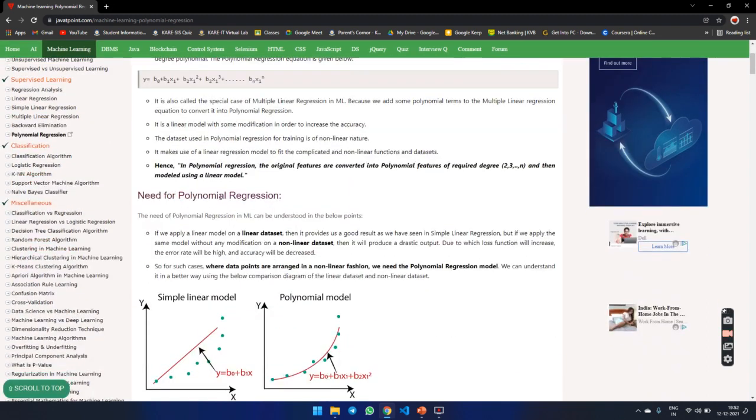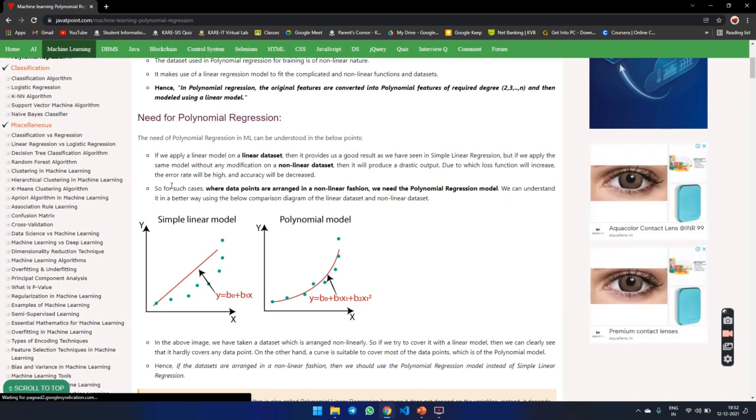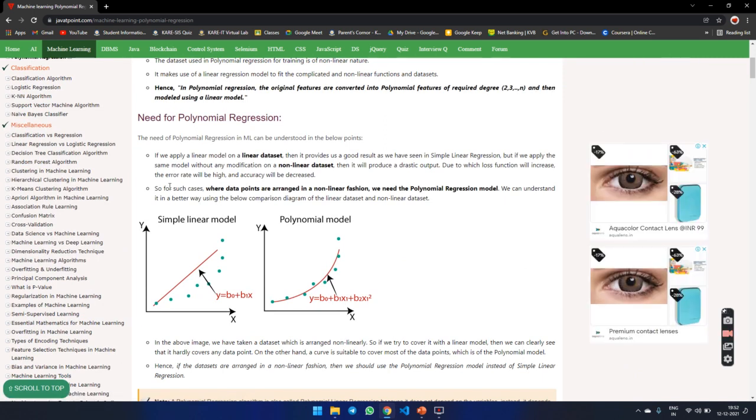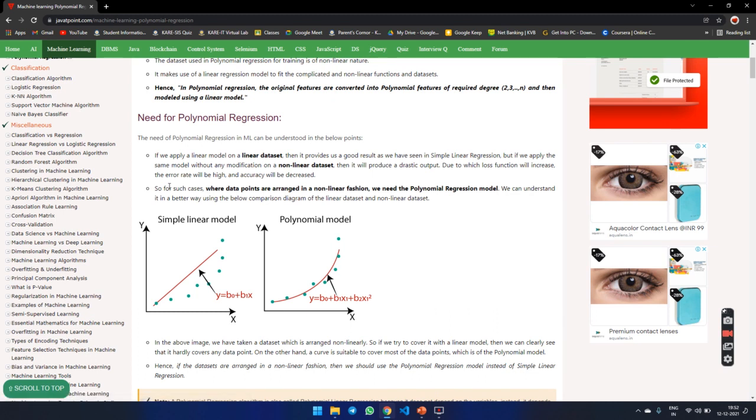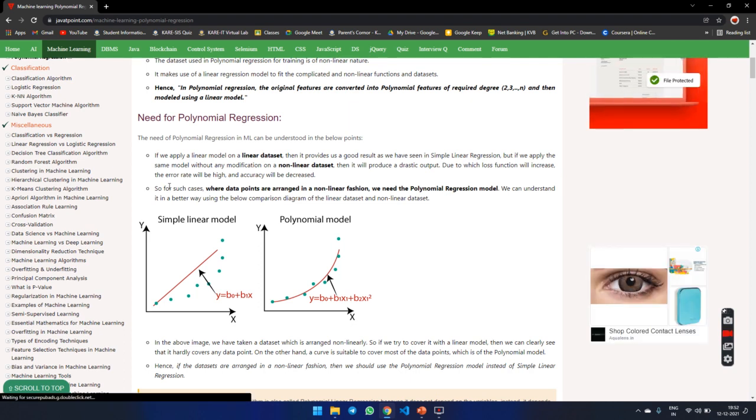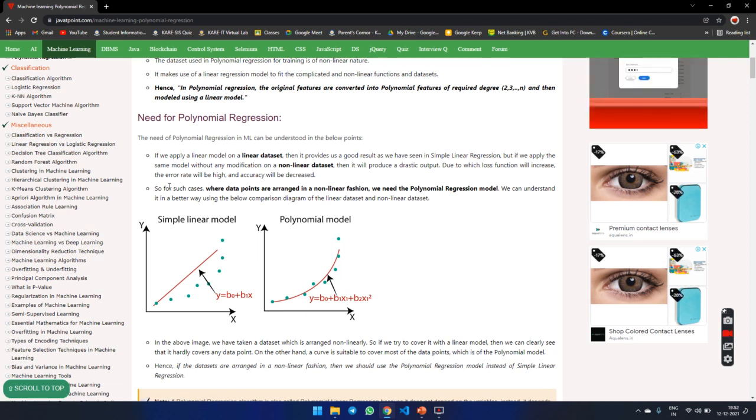Need for polynomial regression. If we apply the linear model to a linear data set, then it provides a good result, as we have seen in simple linear regression. But if we apply the same model without any modification to a non-linear data set, then it will provide a drastic output, due to which the loss function will increase, the error rate will be high, and accuracy will decrease. For cases where data points are arranged in a non-linear fashion, we need the polynomial regression model.